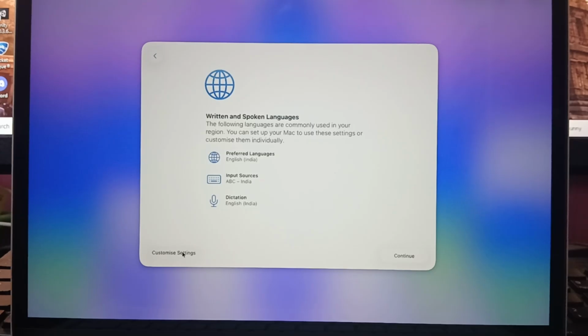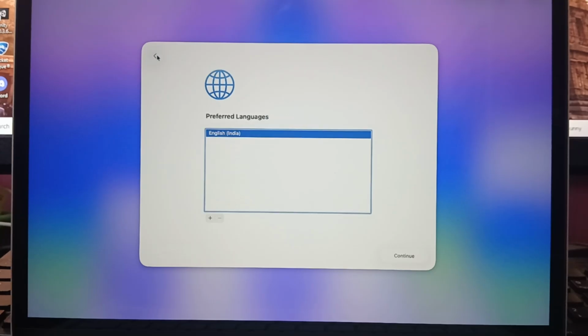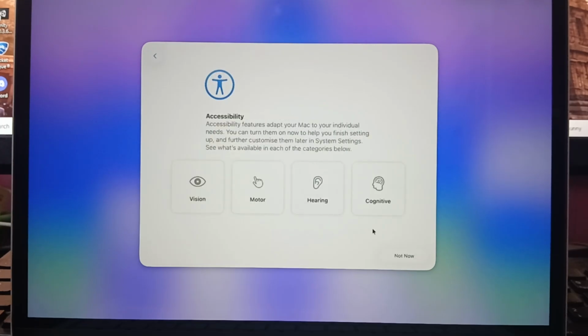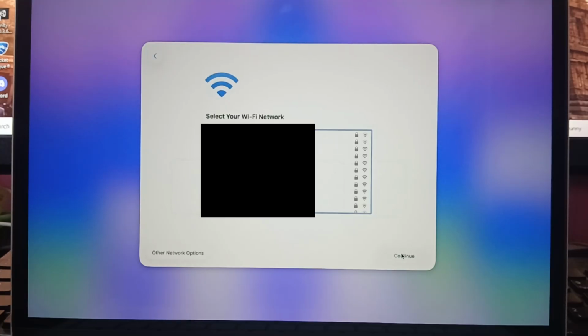If you want to customize, you can click on customize settings and customize. But I'm fine with these. Select continue. You can just go through this if you want to. I don't want this. I will click on not now. Next it will ask us to select the Wi-Fi network. Make sure that you are selecting it and click on continue